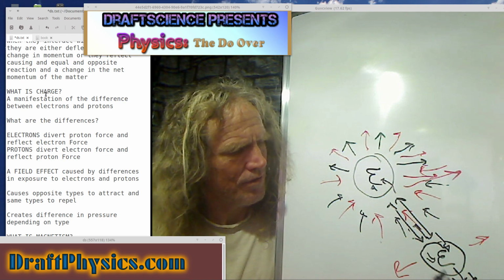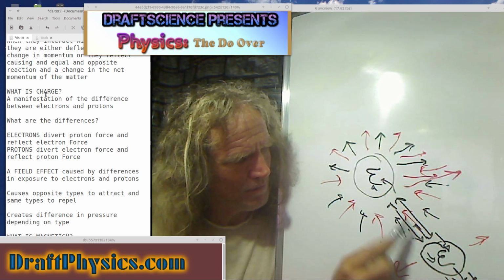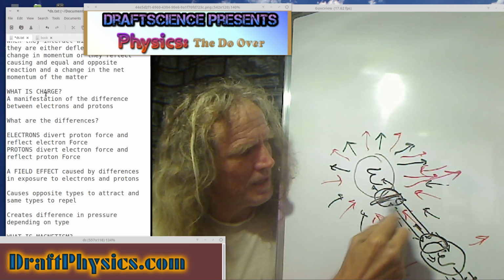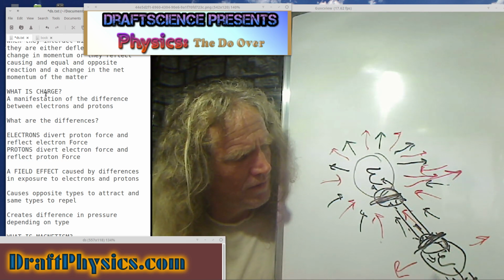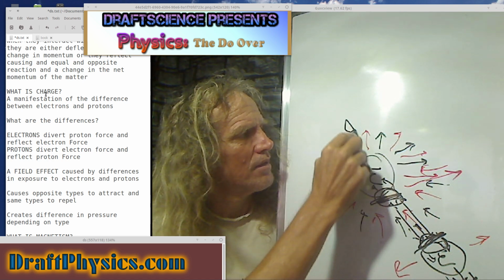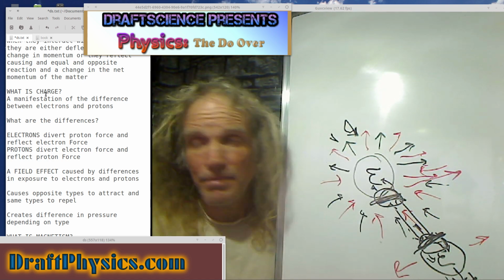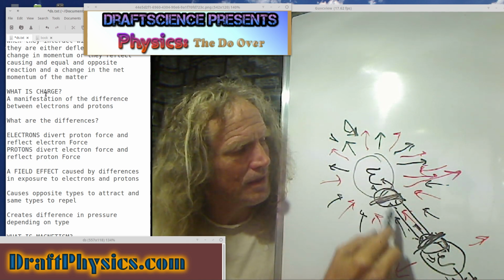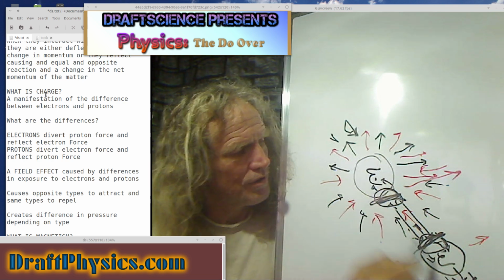The closer I get together, the more exchanges I'm going to make on this side of the electron, right? These two sides are going to be highly exchanging, and these sides are just going to have normal universe exchanges. So you can clearly see why these electrons would be pushed together. So that's the nature of charge. Charge can't mean anything until you put another charge next to it.